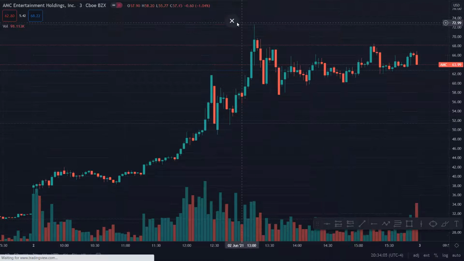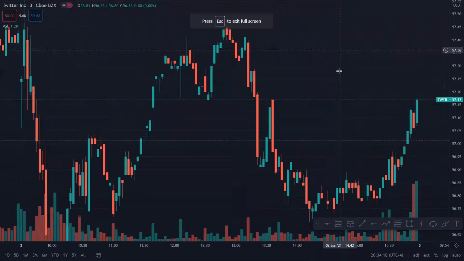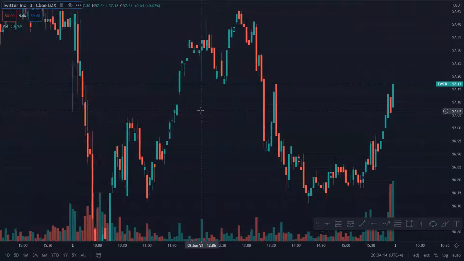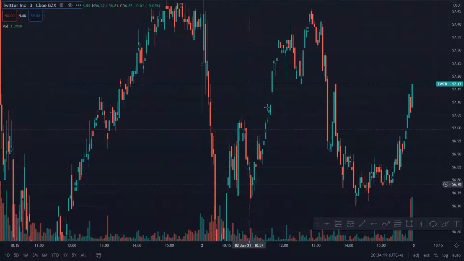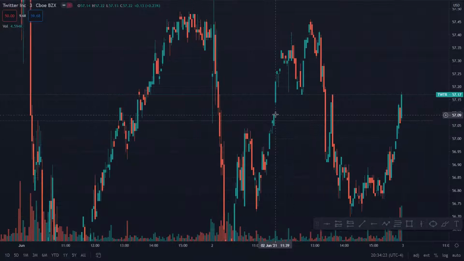Oh, that's showing us AMC. No, I want to see Twitter. Twitter. Okay. So Twitter, ooh, that looks pretty interesting indeed. So Twitter made this little M pattern, right? Which is actually, some people trade this as called a cipher pattern, if you guys know what that is. I used to trade ciphers, but